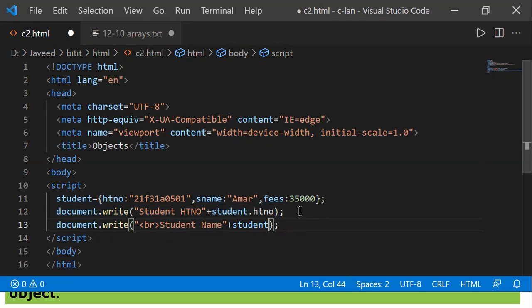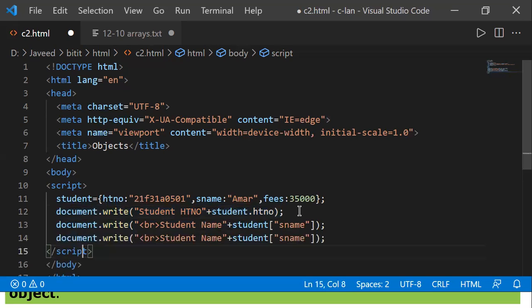So here the second one I'll access using the box bracket, using its name, sname property, I'm writing it. Then I want one more, that is the fees to be printed. So I'm writing fees. Okay, right.